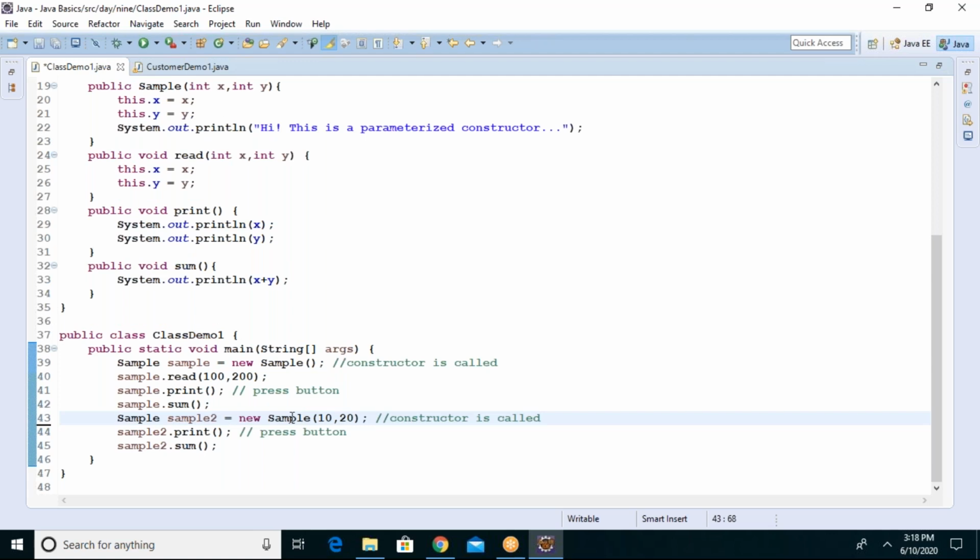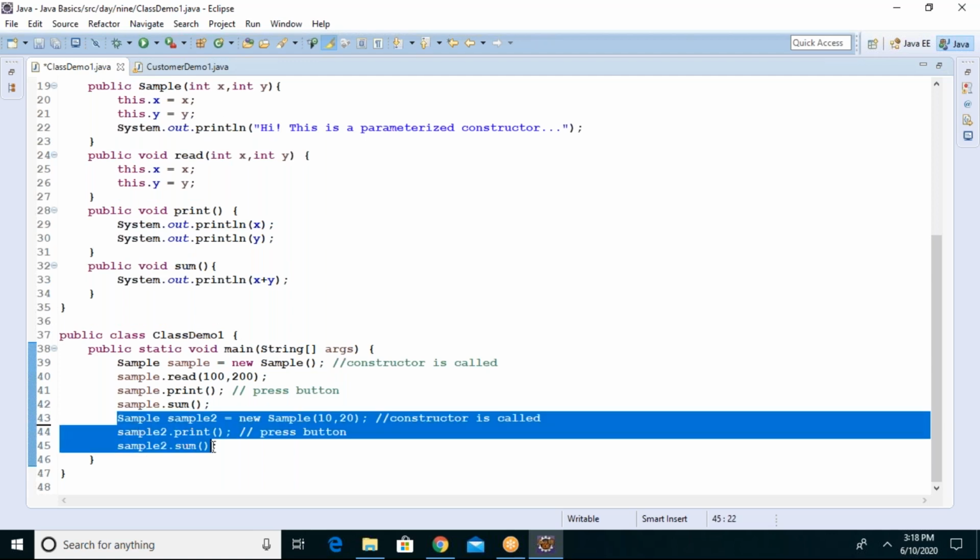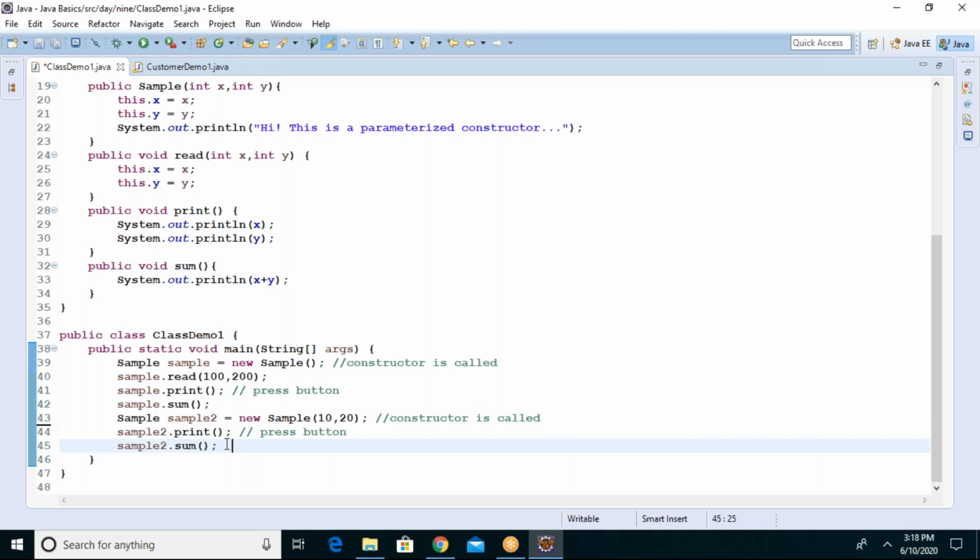Tell me how many lines are working here. Which one do you feel is better now? Here you are creating an empty object, and to store the values you are again calling the read method. Two lines of code you are doing in one line: creating the object and sending the values. Don't you like this process?